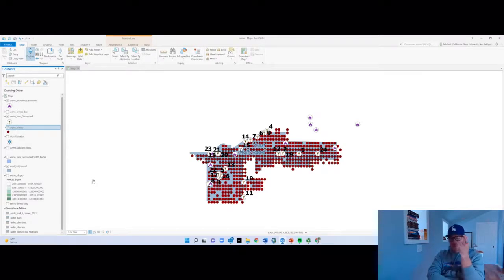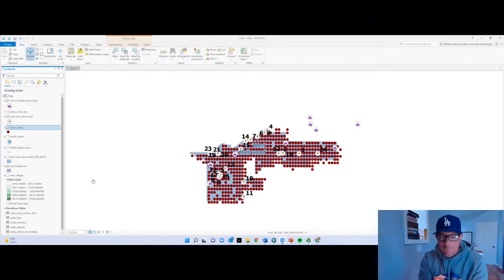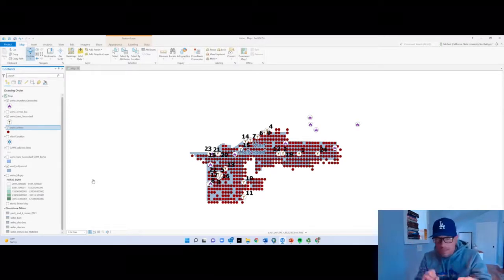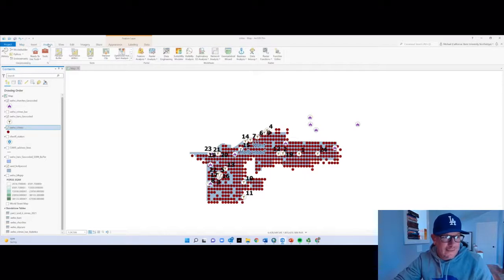the point data, let's look at a density surface. Let's have the computer figure out, create a raster to show us where this stuff is concentrated. Little pockets of high crime activity, and then by default areas where there's not a lot of it, right? Compared to the high crime areas. So let's go up here to Analysis,